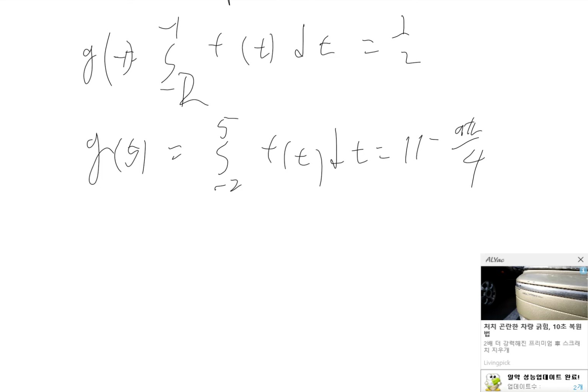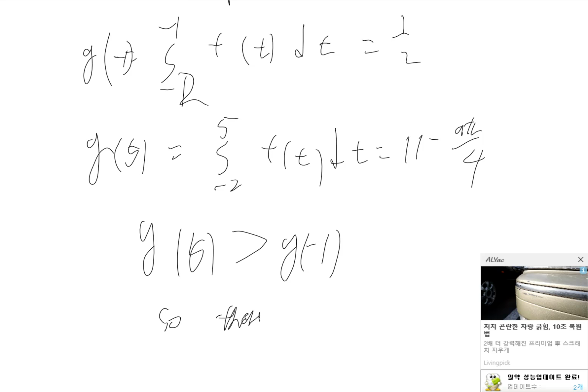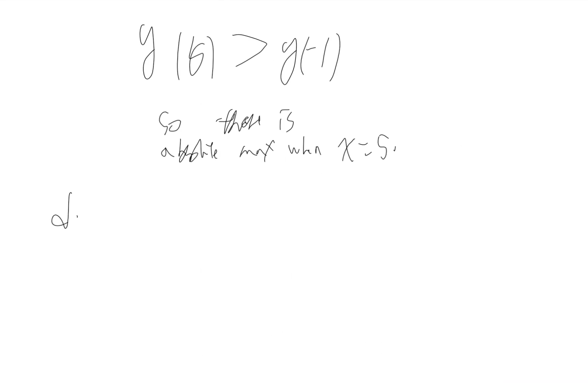Yeah, so g of 5 is greater than g of -1. So there is a max when x equals 5. And now D,